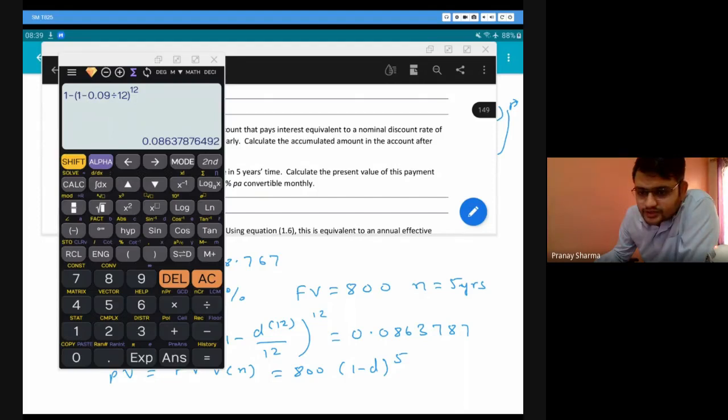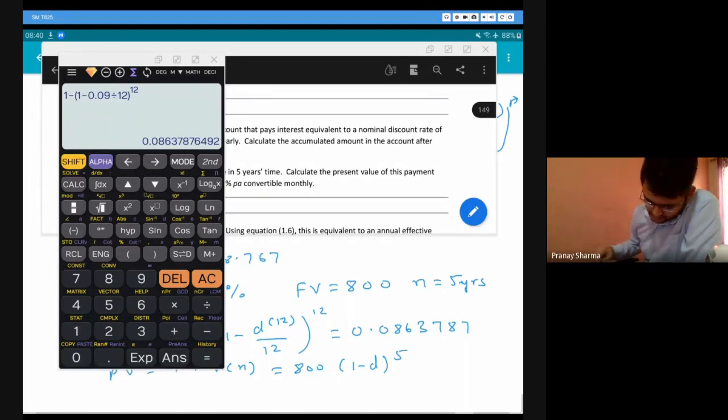Is it practically possible that d12 will be greater than 12 in any cases? Yes. There is no restriction on what that value might be. If d12 is greater than 12, that just means monthly rate of interest is more than 1%. That can happen. We can have 2%, 5%, 10%. So let's say if my d12 by 12 is 5%, that means my d12 will just be 60%. That is practically a little bit problematic, but it can be possible.